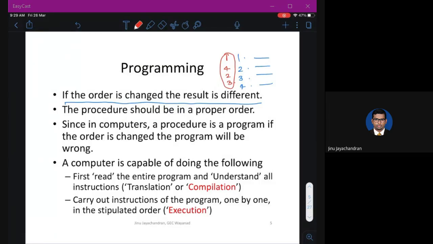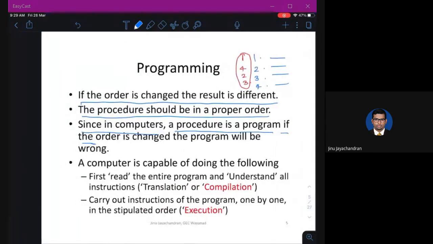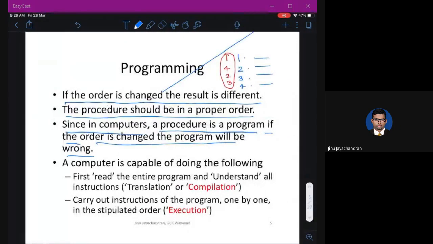It might give you some result, but it will not be the one what you want. So the procedure should be in proper order. Since in computers a procedure is a program, if the order is changed, the program will be wrong. If you have a wrong order of instructions, it will not give you the correct result.